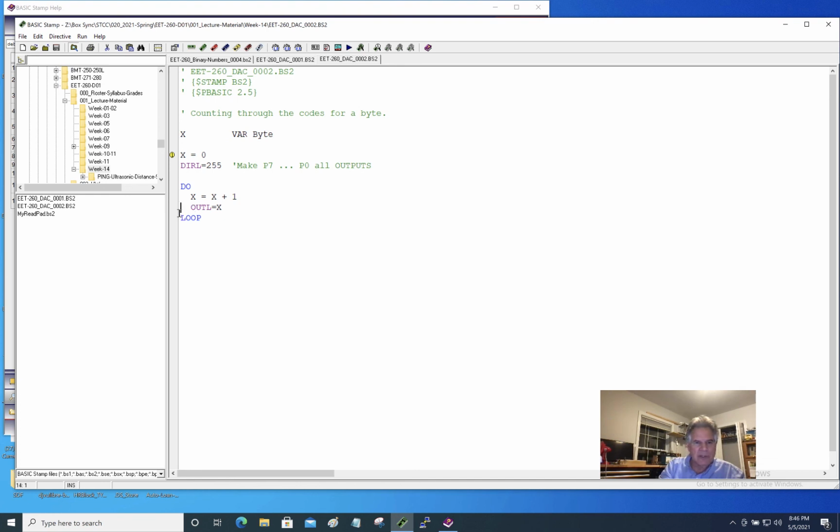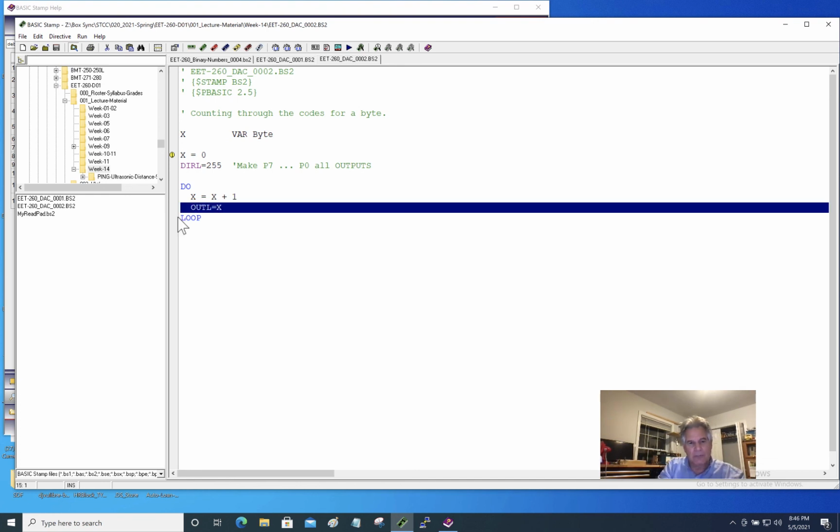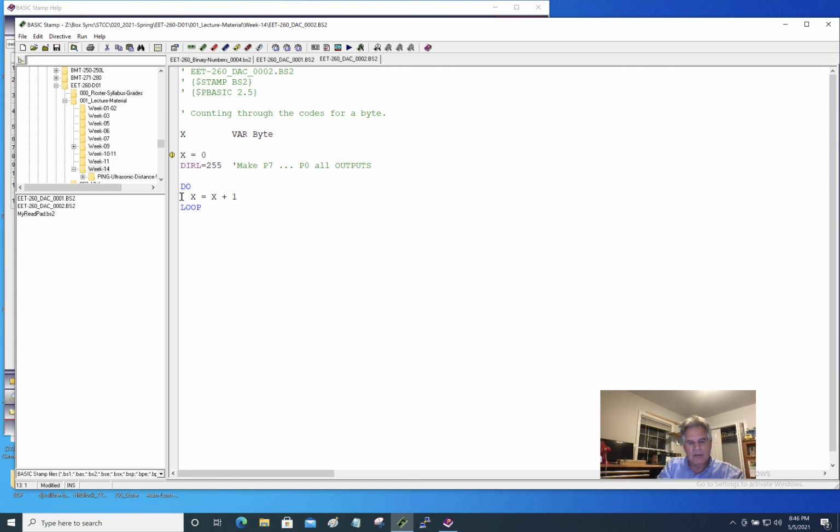In fact, maybe the better way to do this would be to output X first, then add 1 to X. When we get up to 255 and we add 1, it'll go to 256, but our variable is a byte, which only can hold 8 bits, and 256 becomes 8 zeros. So this will just repeatedly climb up to 255 and then drop to 0, and climb up to 255 and drop to 0. And so we can run this program, and then let me go back over here,